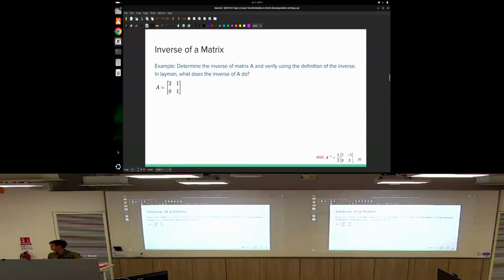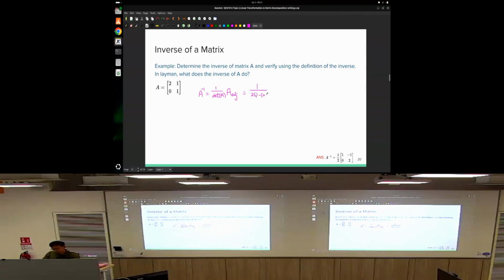It's a pain. So, but before we look at 3 by 3, maybe we look at this example first. So let's determine the inverse of matrix A and verify using the definition of the inverse. Now in layman's terms, what does the inverse of A do? Okay, determine the inverse. So straight away calculate A inverse equals 1 over the determinant of matrix A multiplied by the adjoint or the adjugate of the matrix A. So this 1 over determinant, straight away put inside the formula. So this will be 2 times 1